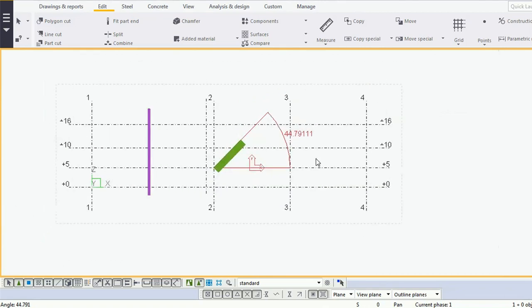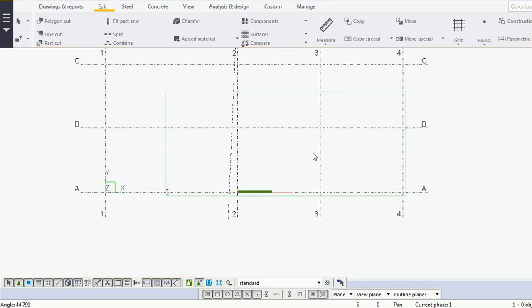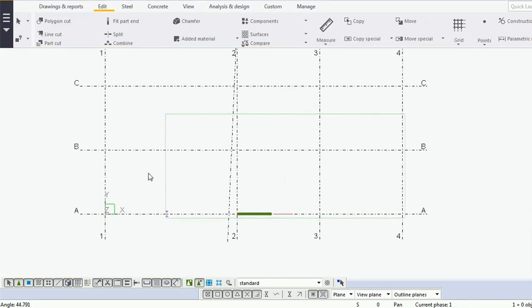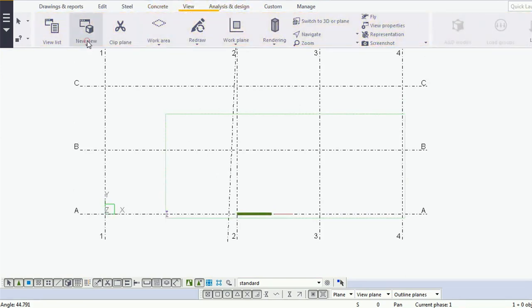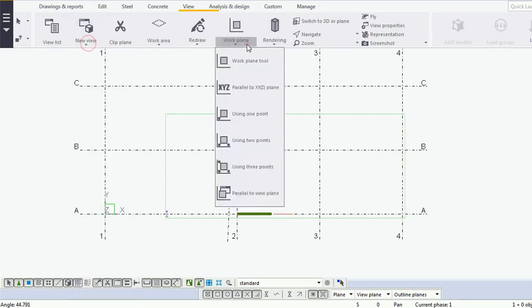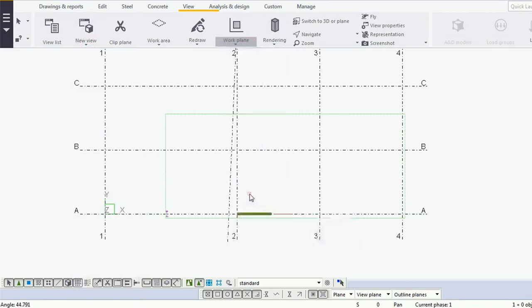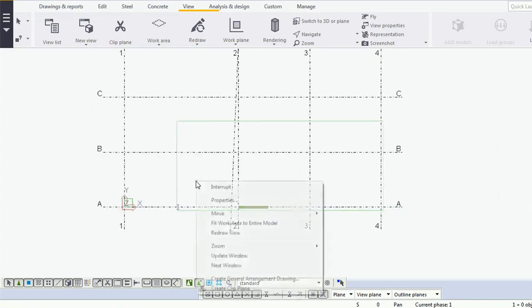So come to the second method, in which all the activities I can do in a single step. Go to the 3D view, where I will do the same setting. XY plane I will set.